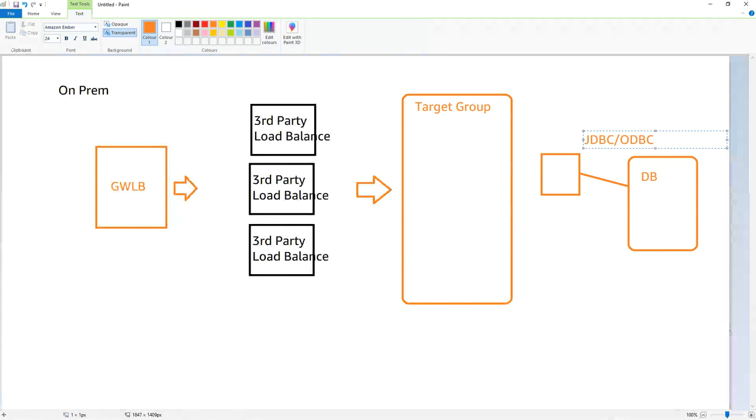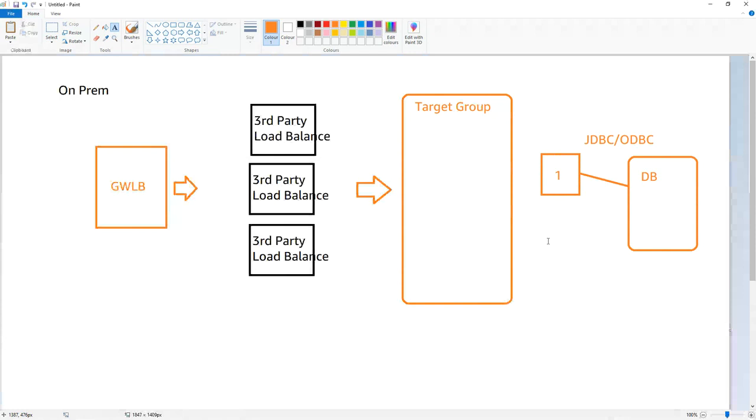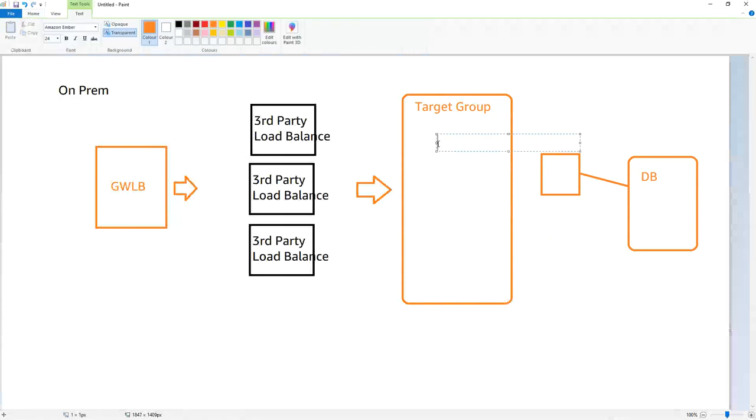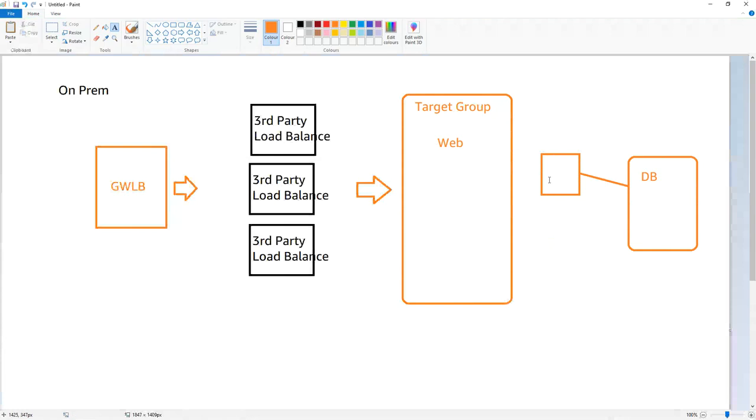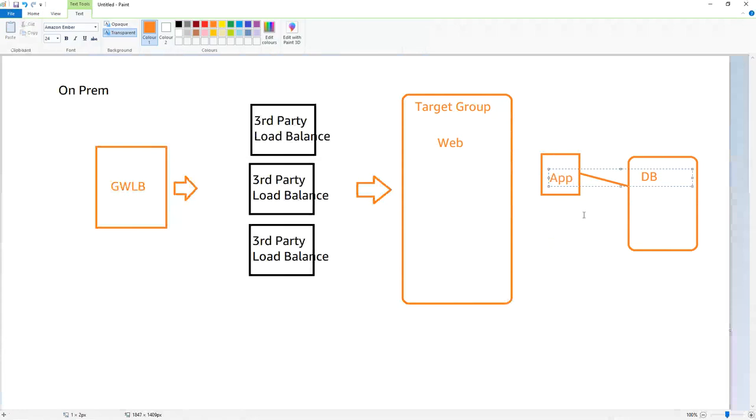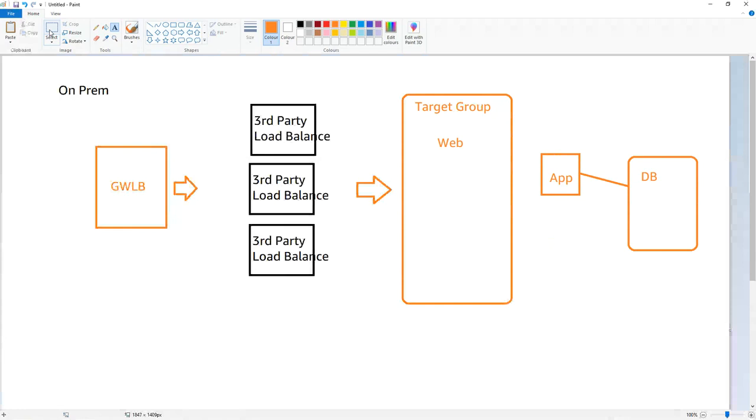At the top of it, it is still HTTP, but the connection is JDBC and ODBC. And this won't work if one time the request comes from one node, another time from another node. So in case, let's say this is my web server, fine. But when I have my application server talking to the DB, between app and DB, I won't be having a load balancer. Apps would be making direct communication.